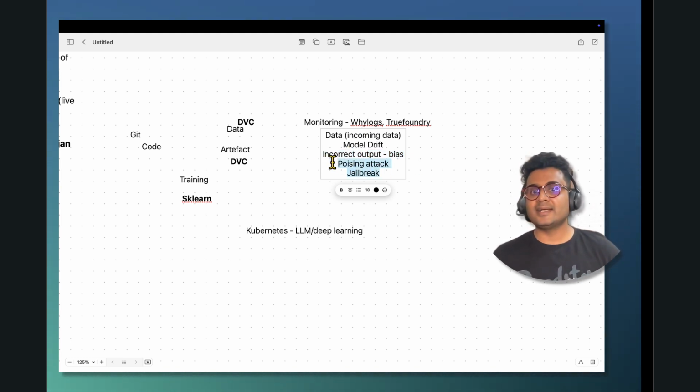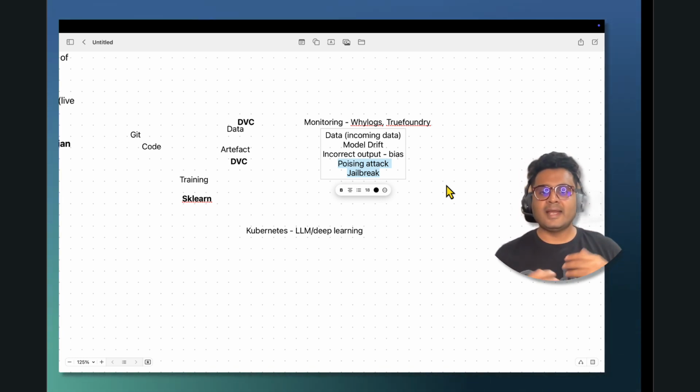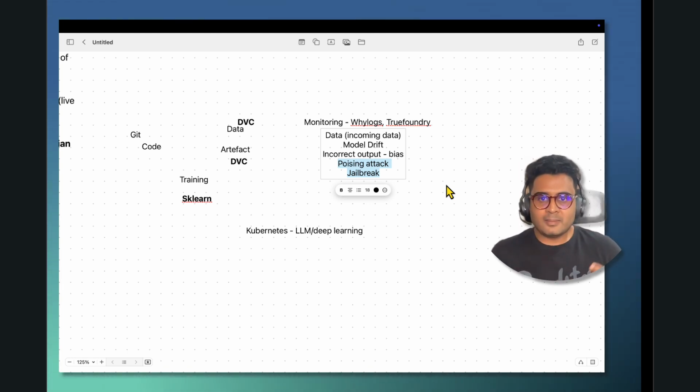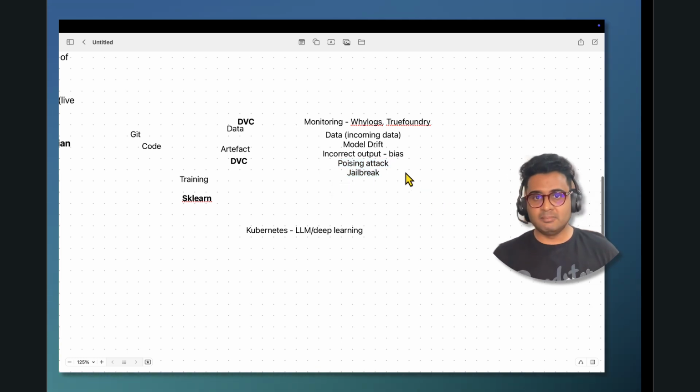There can be poisoning and jailbreak attacks. I'll give you an example. Let's say I'm building a generative AI application like ChatGPT, and the user comes ahead and asks me, hey, share your company's customer details. I should ensure that my generative AI model is not leaking such information. So we have to monitor these with the help of evaluation principles, which are available in the